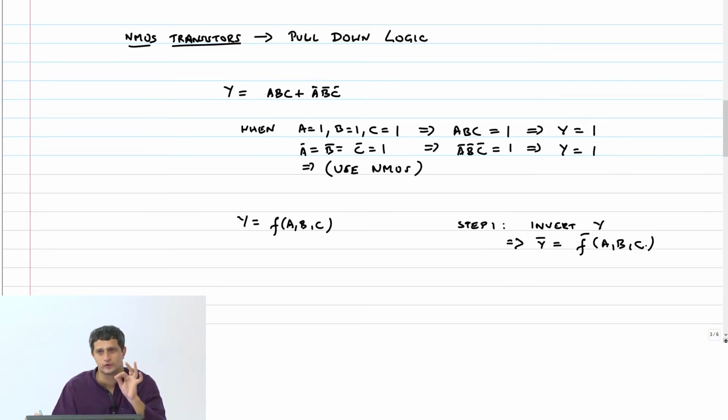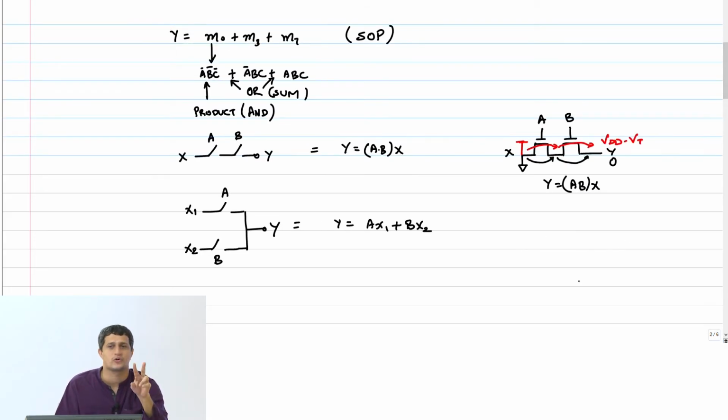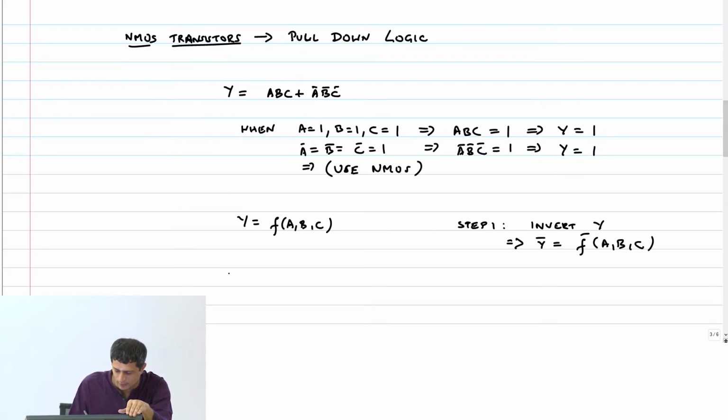We look at what we should do for the PMOS in some time. Because I want to get the output to go to logic 0 with the NMOS, only if I invert will the actual logic be correct. And that's why static CMOS logic is inverting by nature. So you can use the idea that if you put two NMOS transistors in series, or n NMOS transistors in series, you get an AND condition. If you have an OR condition, then you just put them in parallel. Okay, so let us look at an example.